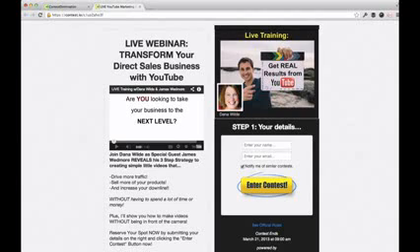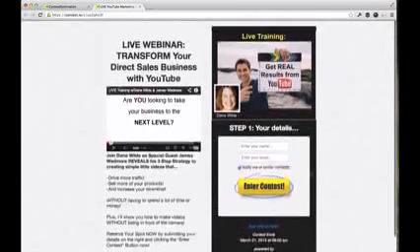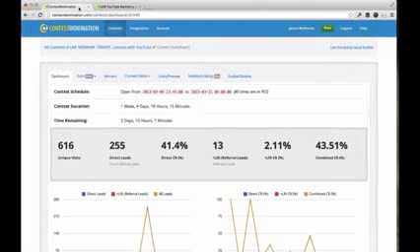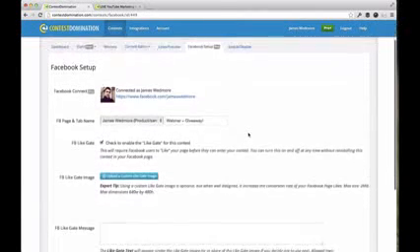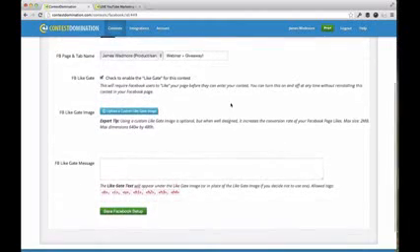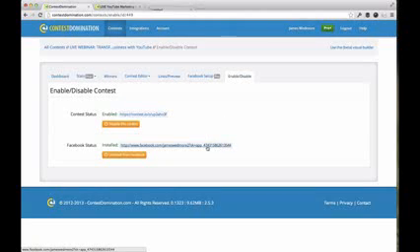So that's really great. And so for this as well, if you take a look at his Facebook installation, which he has set up, and here he has account connected. He decided where it was going to go, what the text was going to say. He wanted to turn on a like gate. And so if we look at his Facebook installation here,